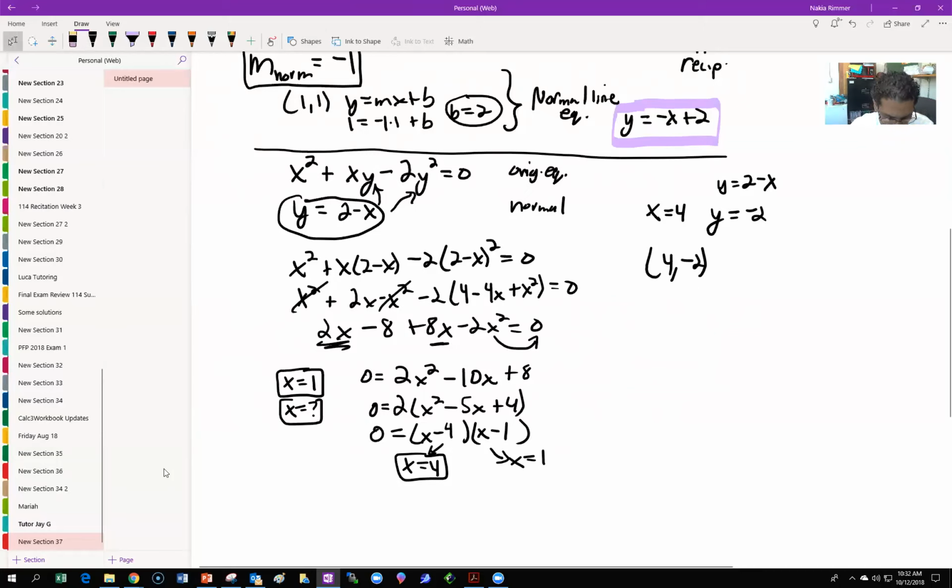Let me just show you visually using a computer aided grapher, like what we